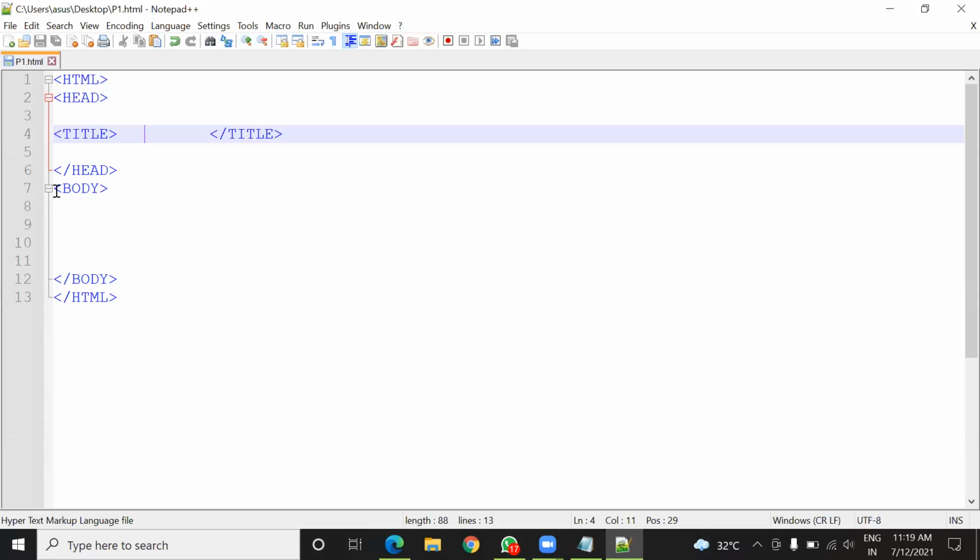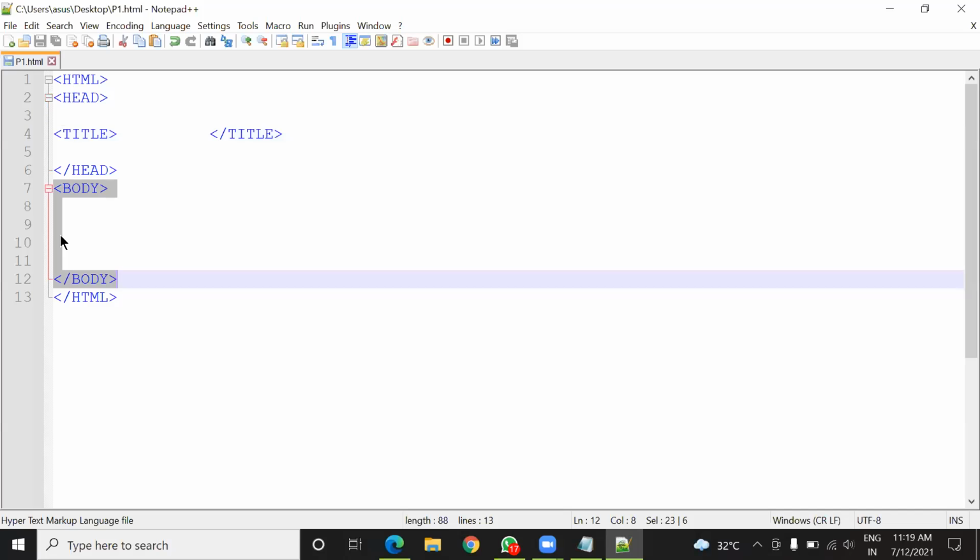Okay. So here in this web browser, you can see that the topmost bar is called the title bar, and below that you can see the address box. In this address box, you type the web address of any website, and below this is the white section, and this is called the body section of the web browser. So whatever coding you type inside the body section in this document, that will appear inside this body section of the web browser.